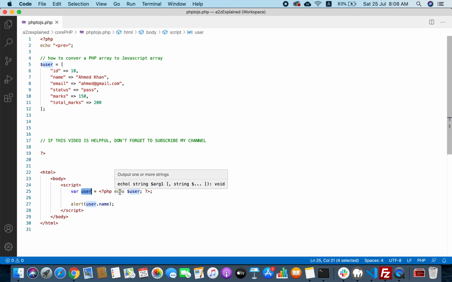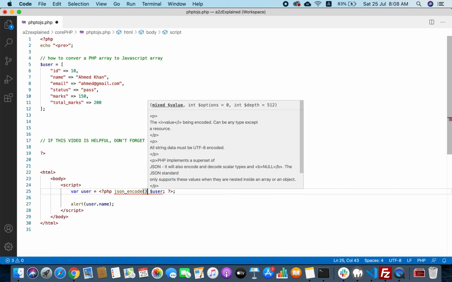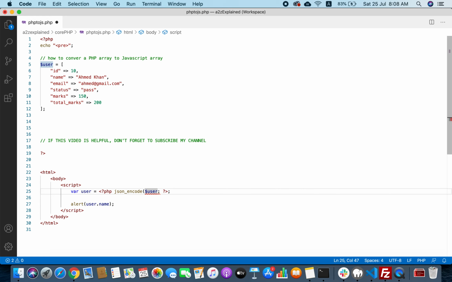To convert a PHP array into JavaScript array, we need to first use the json_encode function, and this function will require a PHP array that we are already passing to it, and it will convert that PHP array into a string based JavaScript object notation.